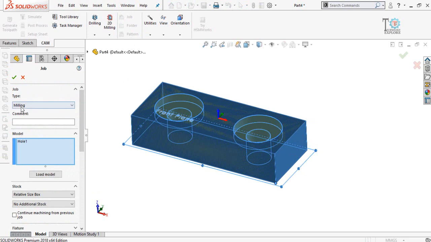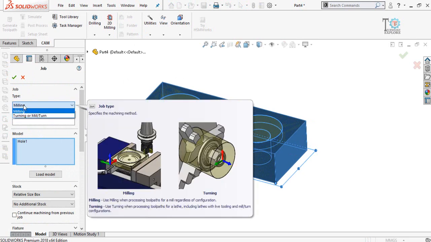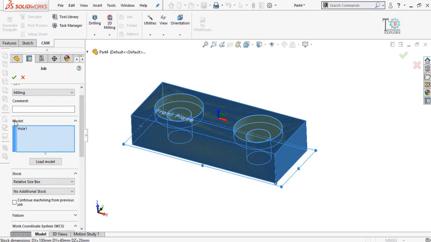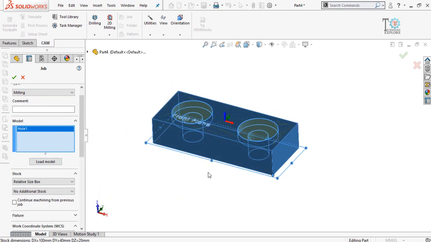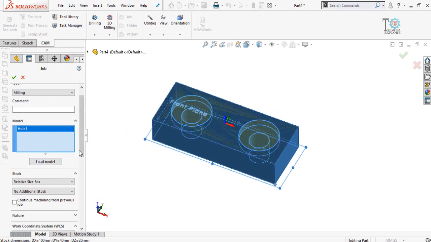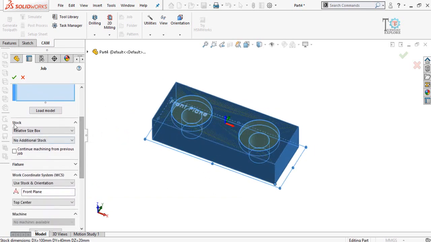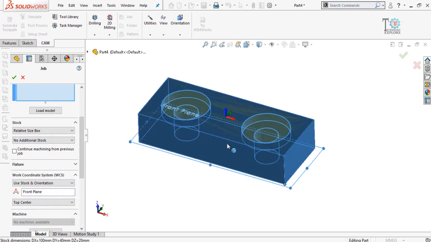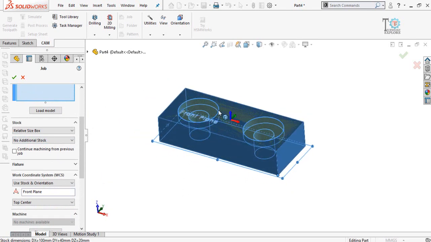In the type, select what type of job or machining you are going to do. At this time I am going to do milling. Then for model, this whole complete thing is what we are going to make. Then scroll down. Here are the stock options. Stock is basically the raw material from which this part will be manufactured.